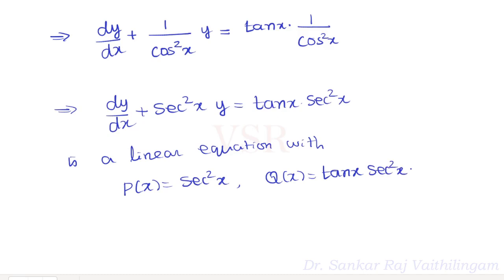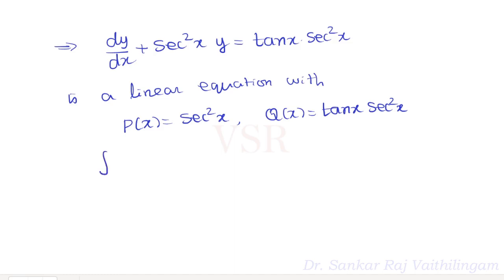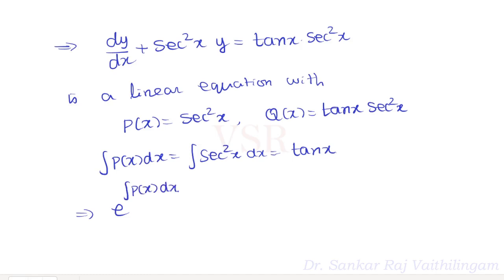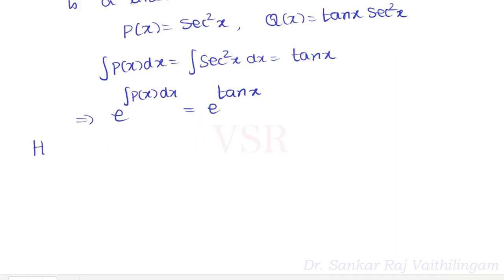Okay. So what is this integral of p of x dx? Integral of secant square x dx, which is equal to tan x. Okay. So this implies that e to the power integral of p of x dx is equal to e to the power tan x. Hence the solution is